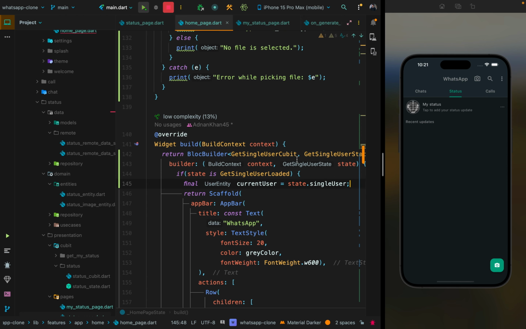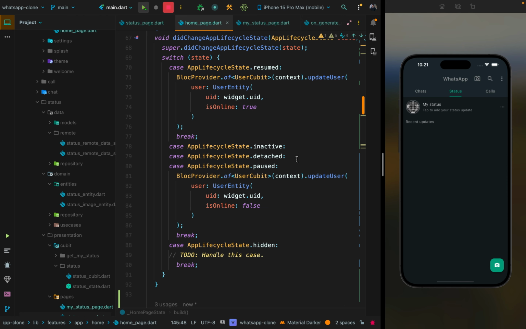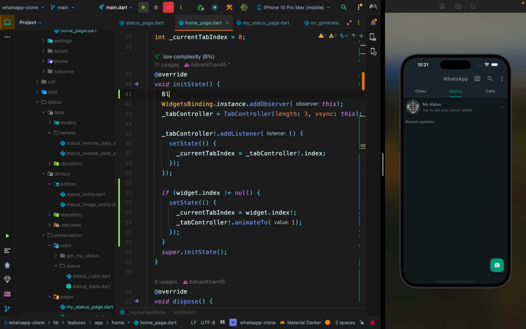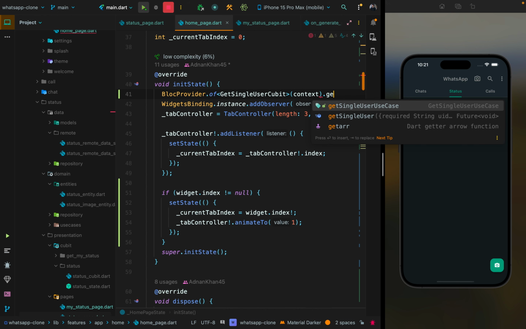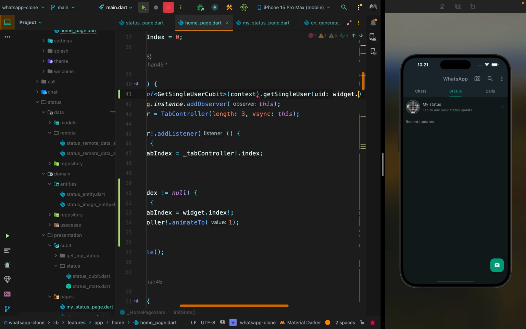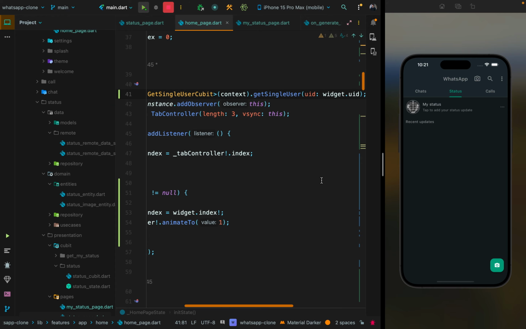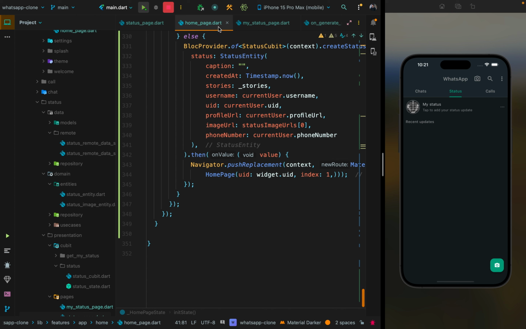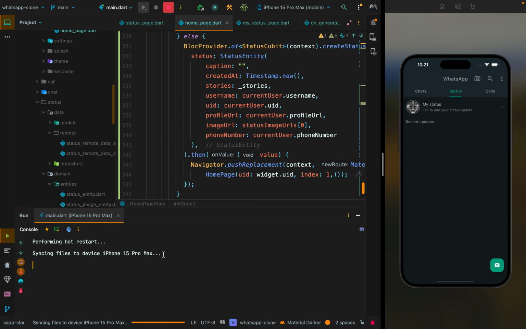And once we have got this in the init state, we have to call the block provider.of(context) get single user cubit.get single user with the widget.uid, current user id, and we got the current user also in here. So once we have this, we will start the application and open up the console,